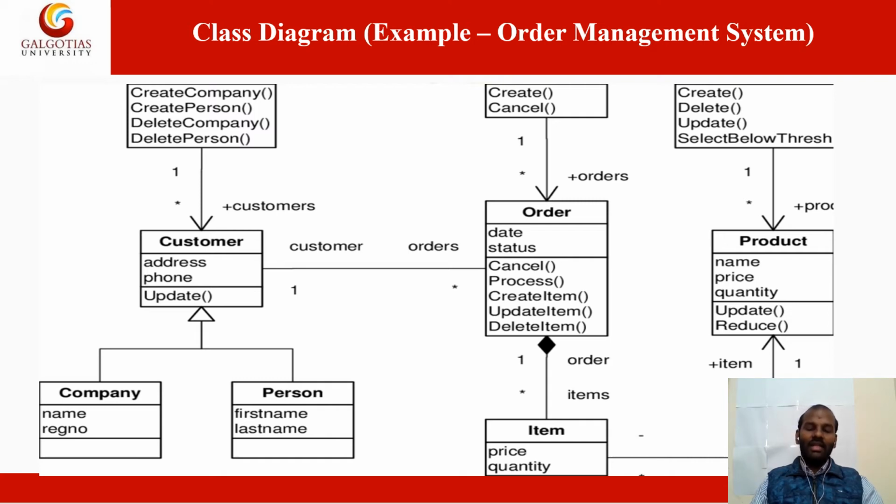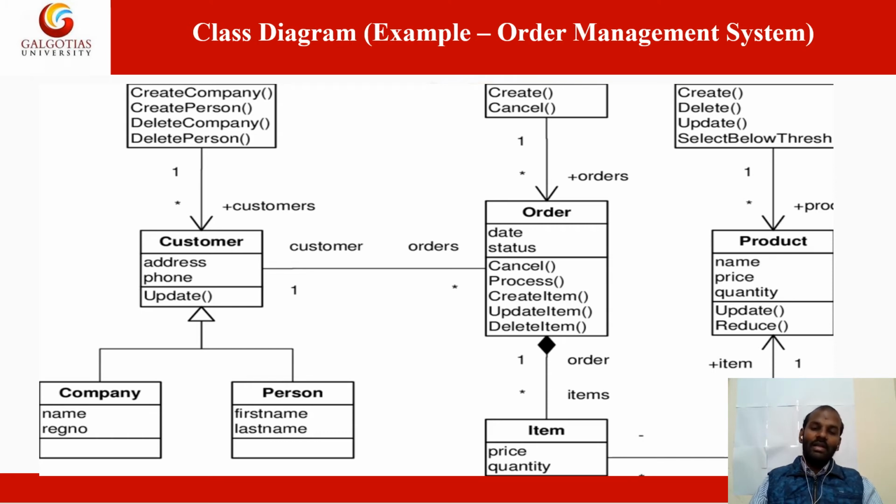So the items that are displayed by the particular company, only those particular orders will be ordered, and the order may be created, the order may be cancelled, and the product that is there always takes an attribute as well as a function. The function is always mentioned by the open and close bracket, and the attribute is always mentioned by its data type. The communication is held between two different classes, and it may be association, generalization, aggregation, composition or dependency.